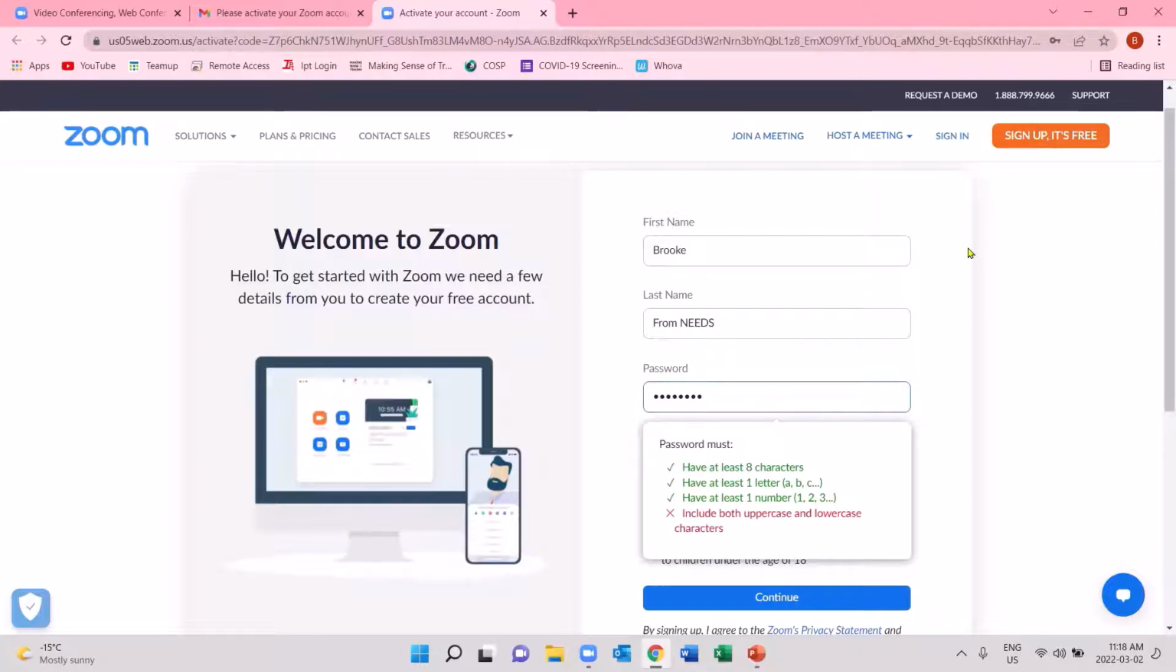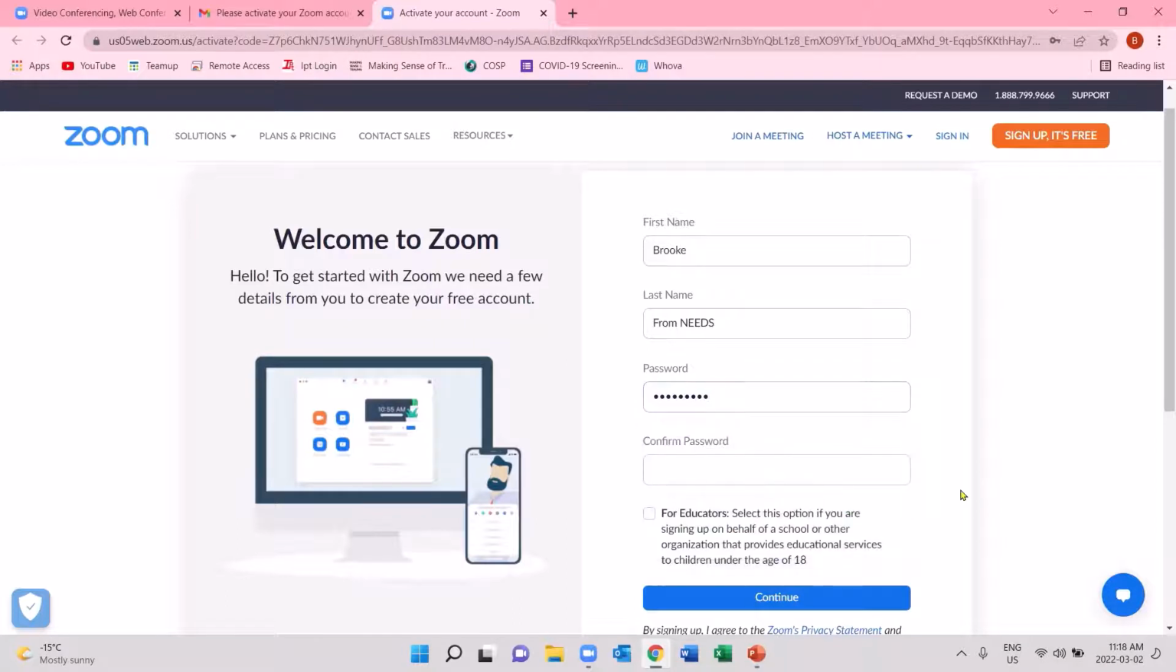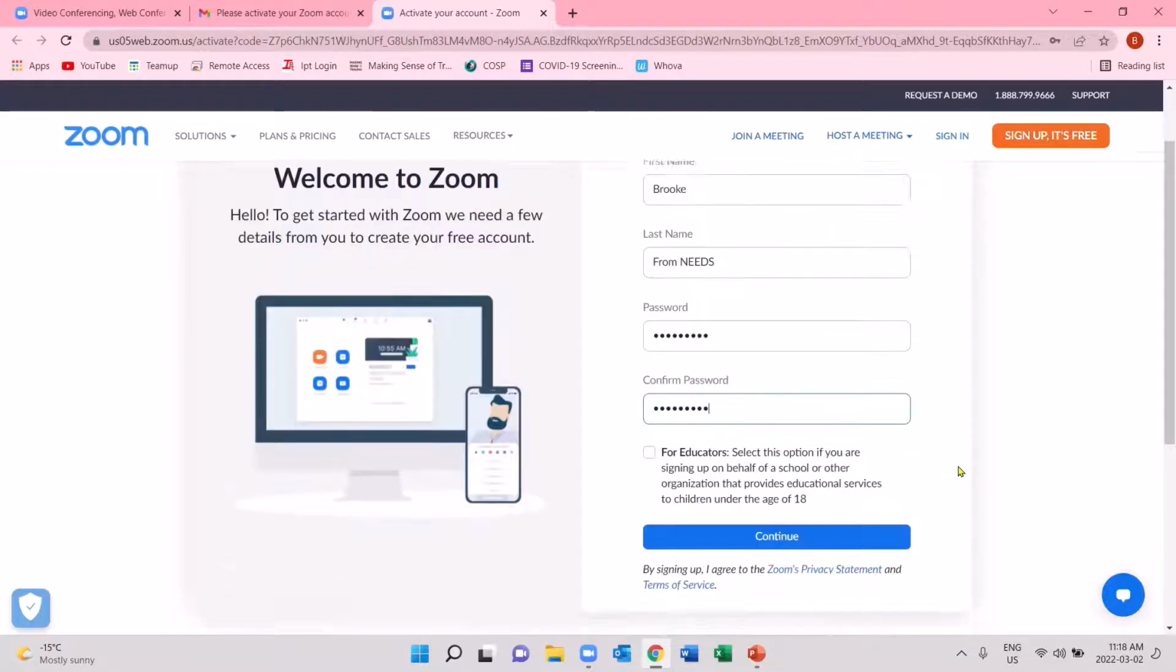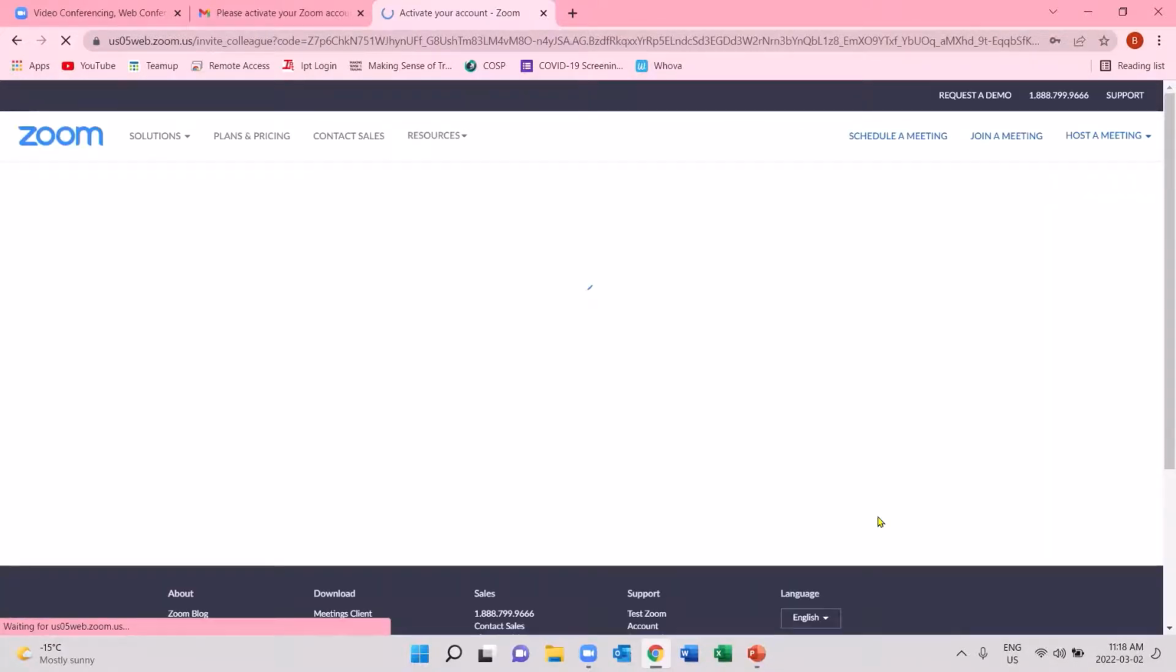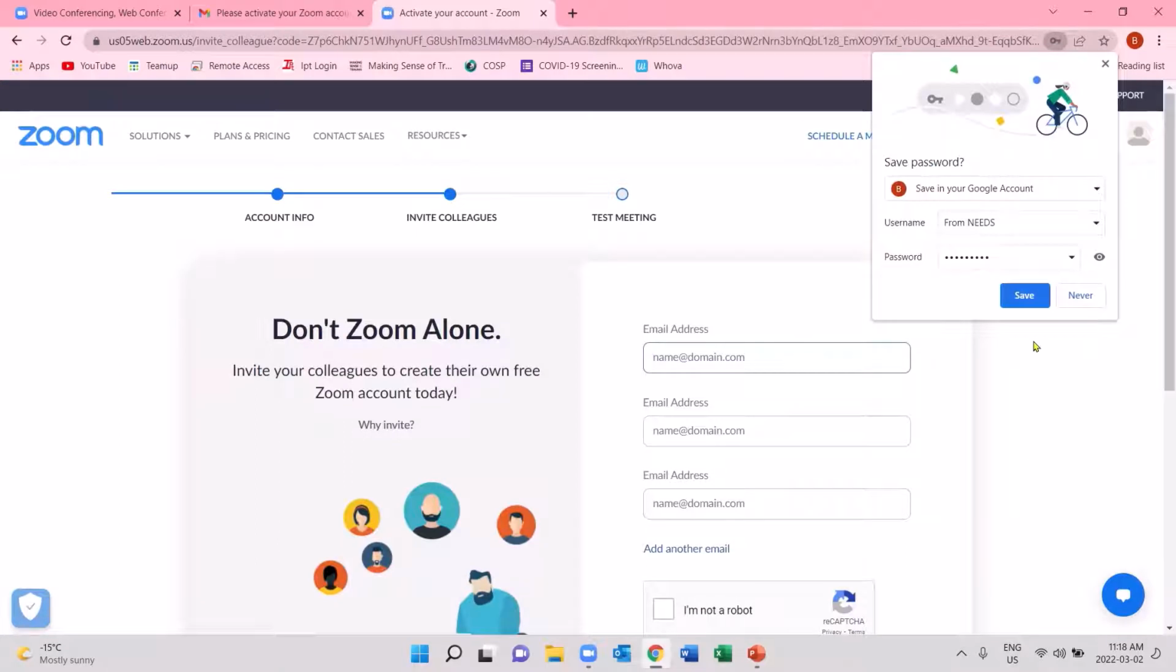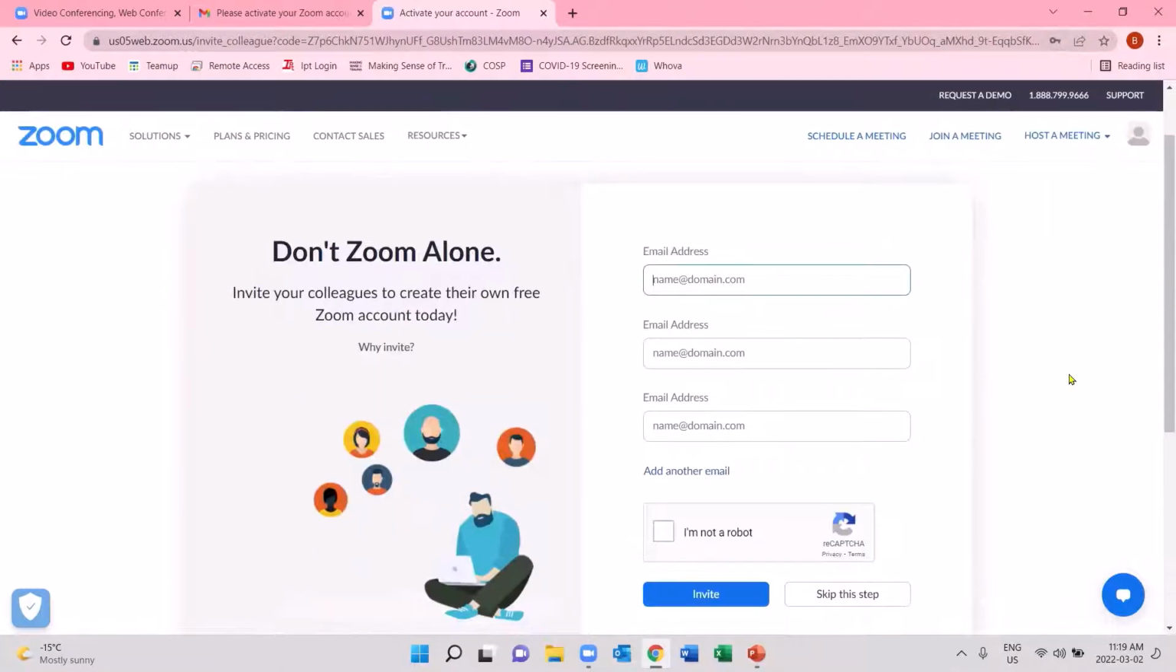So I'm going to go ahead and type in my new password. And as you can see, all of those checklist pieces have turned green, which tells me that my password is good and it will work. So I'm going to confirm my password, which just means I'm going to type it in again, and then I'm going to press continue. So this page that comes up is asking us to invite other people to join Zoom with us,